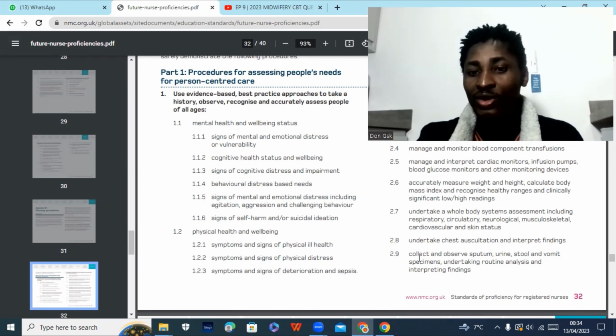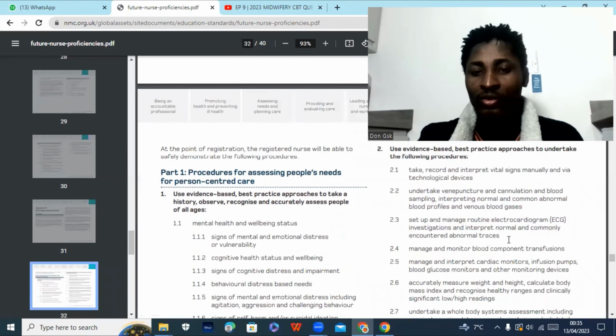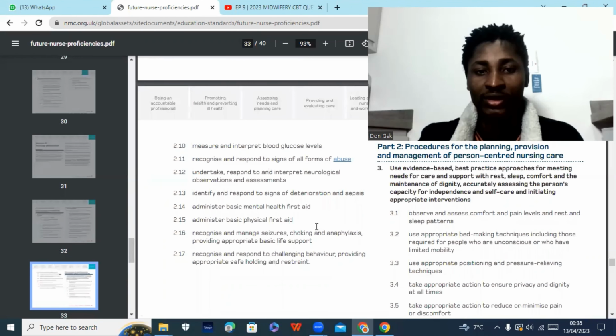So 29. Collect and observe sputum, urine, stool, and vomit specimens, undertaking routine analysis, and interpreting findings. There have been questions on how to collect specimens, the appropriate method or the procedure, and that one was, I think, urine. There have been past questions. Now, if you're able to know these things,